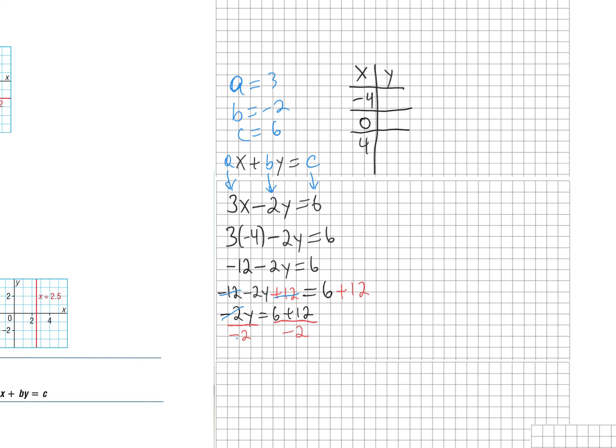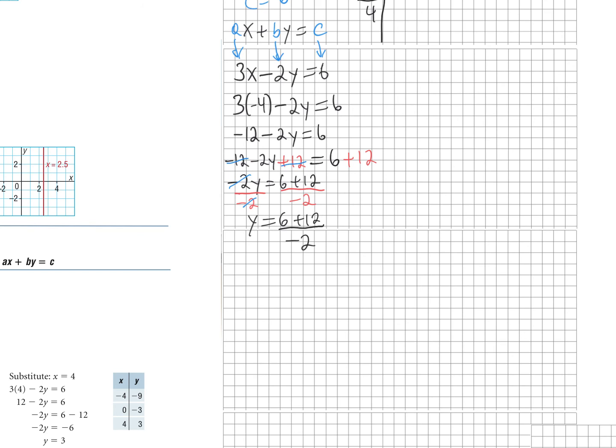This causes these -2's to reduce out, and I'm left with y equals 6 plus 12 divided by -2. So now, if I keep going, I add the numbers in my numerator, 6 plus 12. So I'm left with y equals 18 divided by -2. So y is going to equal, well, 18 divided by -2 is -9, because I have one negative number